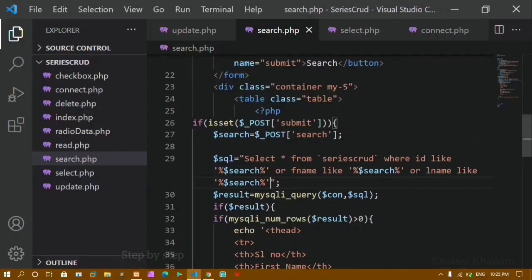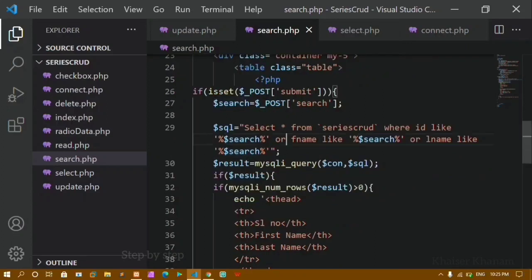First we are just checking the condition. If the ID, whatever I have before or after it does not matter, but if this matches, you have to display that data. I'm just writing that condition. I'm just separating using the OR operator. With the OR operator, either I can give this ID, or this first name, or this last name. Whatever I give, that data should be matched.